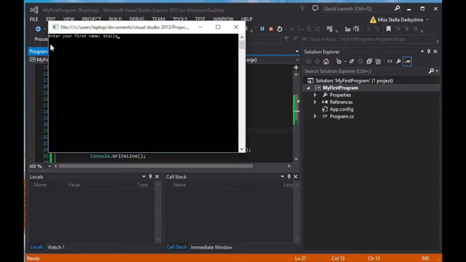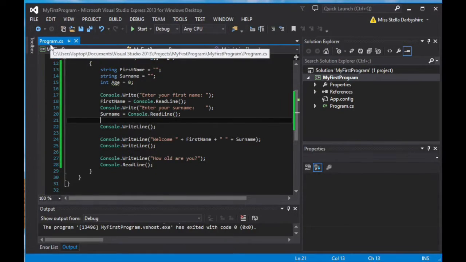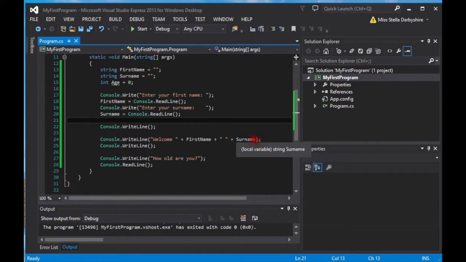So currently my program asks for the first name, asks for the surname, then asks how old you are, and stops. Look at how my code works for that. In this case, those are the 2 questions for first name and surname. Then it displays the message, welcome, followed by my first name, a space and my surname. Remember, the term for joining strings together like this is called concatenation. And then it asks the question how old you are,